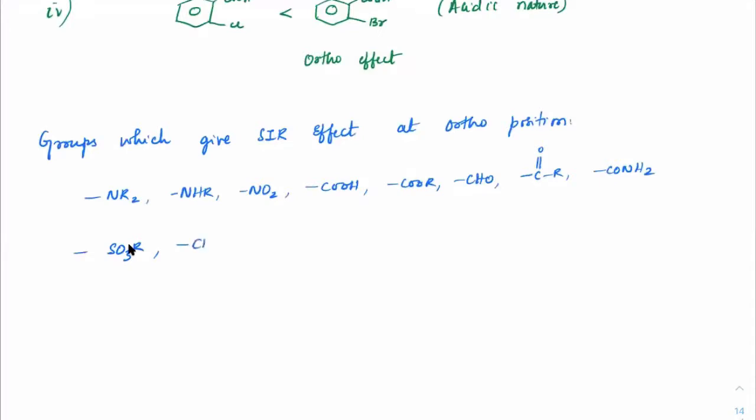Any kind of alkyl, whether it is CH3, C2H5, all of these, and halides, iodine, bromine. Chlorine, not so much. Chlorine will have very, very little effect there. So OMe, methoxy group, ethoxy group, any OR for that matter. Clear? If at all there is any double bonded group here, this will also give it. So you can see all of these are supposed to be the bulkier groups at the ortho position.